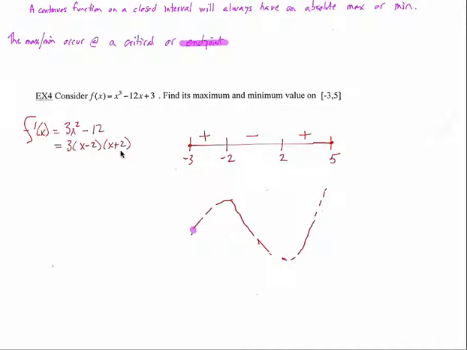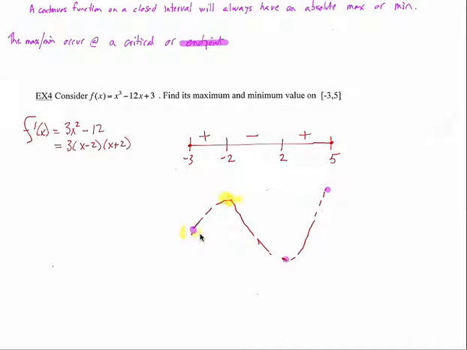If we're looking for the min, well, the min can be either here, or here. We got those three places that we're looking for the min. And if we're looking for the max, so the max can be either here, here, or here. These three,